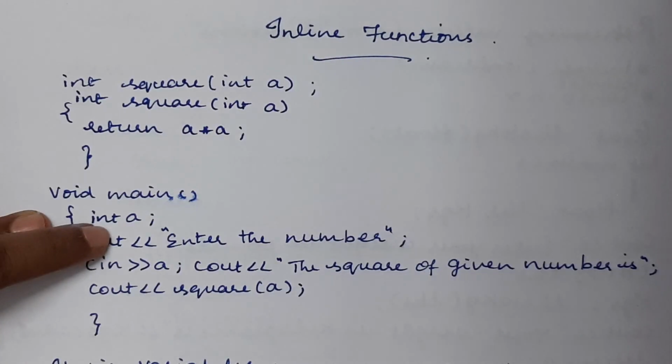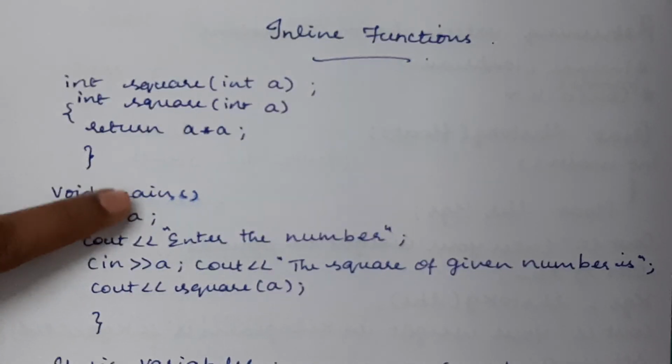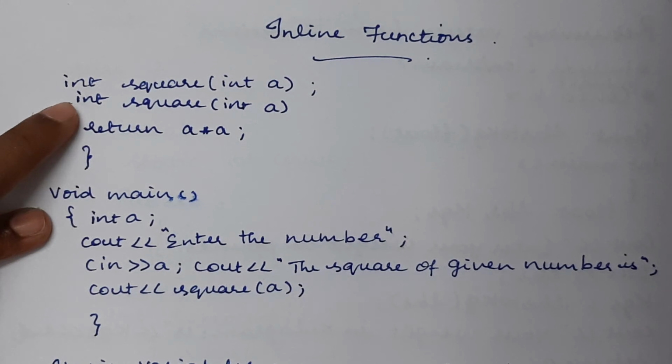so we are just making it an inline function. By making this function inline, we are just providing a request to the compiler. We are just intimating the compiler to consider this function as an inline function, so that you can save time by not transferring the control from the main function to the user defined function. So it just places the entire body of the function in the function calling statement itself. That is the purpose of using the inline function.